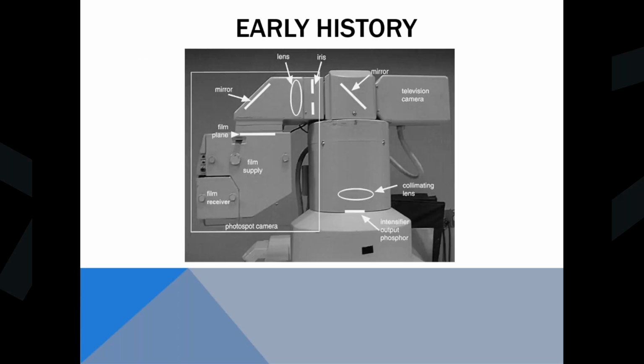So here's kind of an earlier system. So right here you have the image intensifier. So the patient table would be down here, and then the X-ray tube would be down here. X-rays would come through the table, through the patient, come through the image intensifier, and then come out the output. And in this case, it had two outputs. So you had your video camera over here that would record the images live, but it wouldn't save them. So when the doc took their foot off the pedal, they'd have the very last image up on the